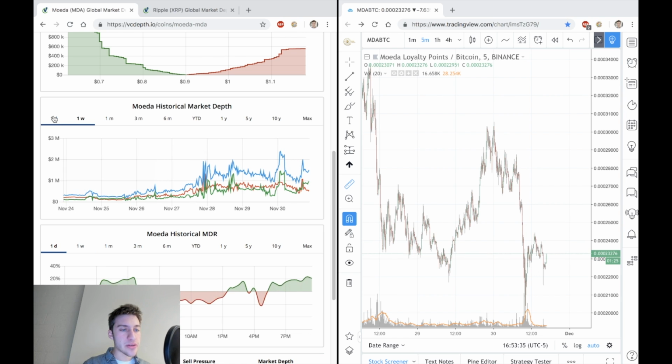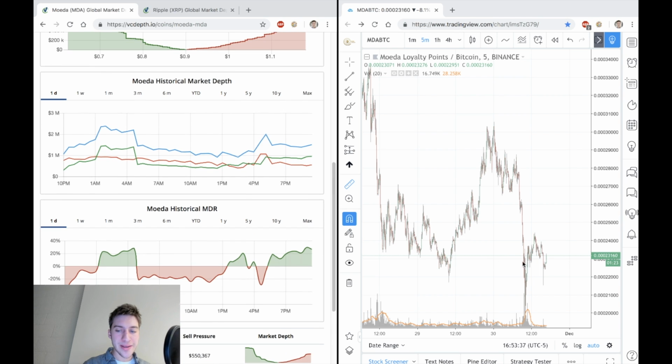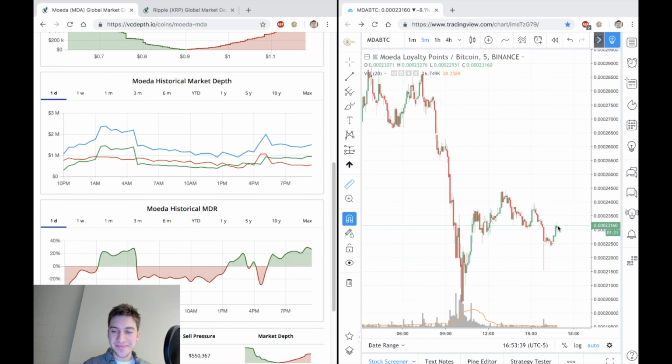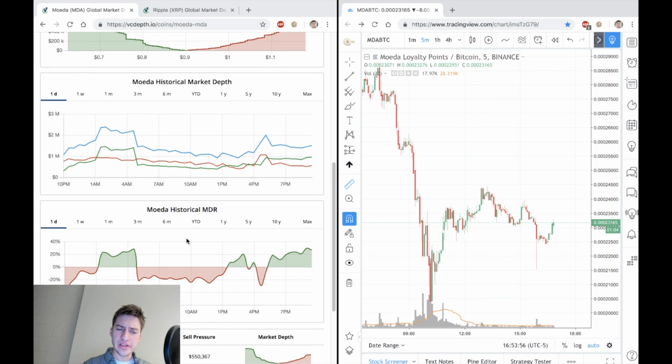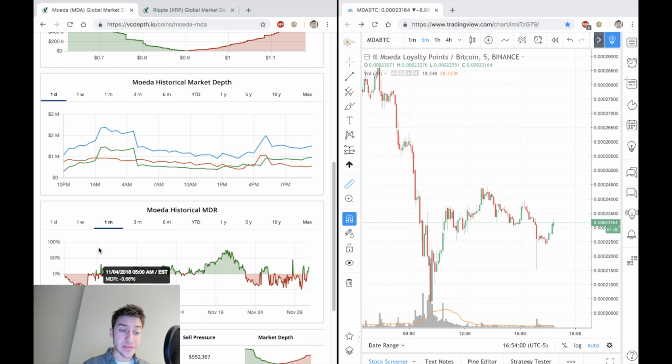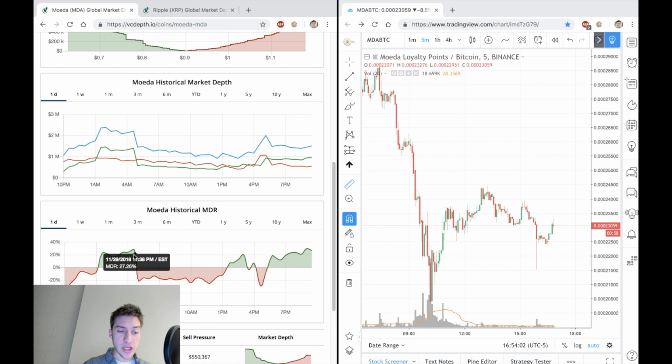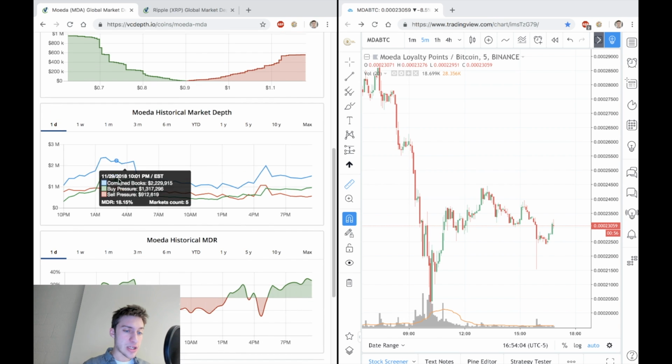Now we can even use this on the very short term, on the 1 day, and look at that. You can look for these quick changes, like at, it's indicating to me, 11:39 a.m. Eastern to 12:44. So this could have been a spot, but it is a little bit more choppy on the day. I love looking at the 1 week and the 1 month. This is great data. On the 1 day, I would only look for major changes in MDR and changes in the bid